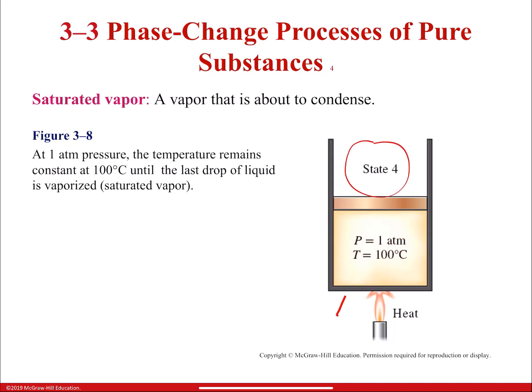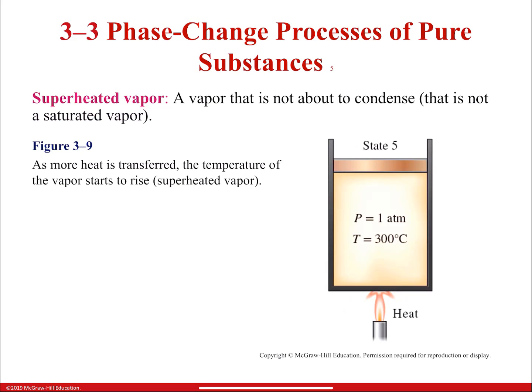More heat is being added, and as it's being added, the whole liquid has been vaporized, and now we don't have liquid. And then the last one is the one that we call superheated vapor. Once the phase change process is completed, we're back to a single phase region again. This time it is vapor. So the first one was liquid. You remember that? So now the heat keeps transferring into my system and the temperature keeps rising.